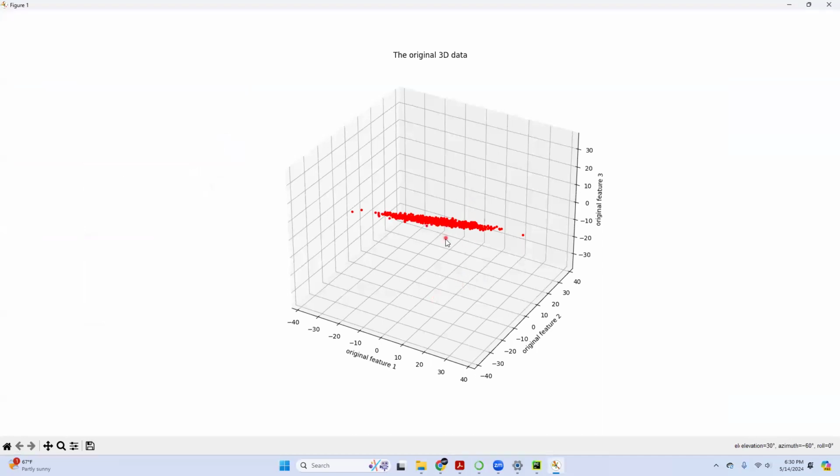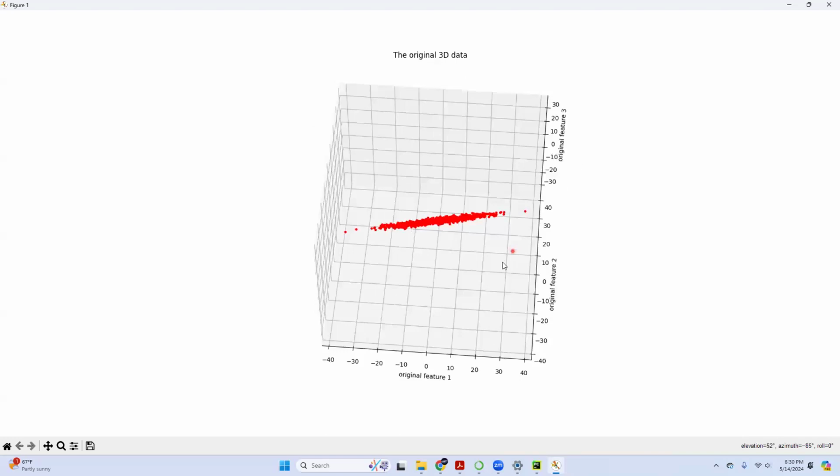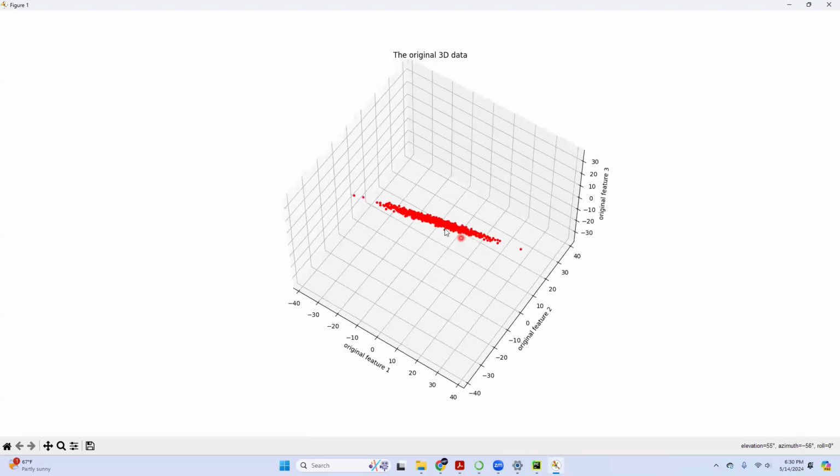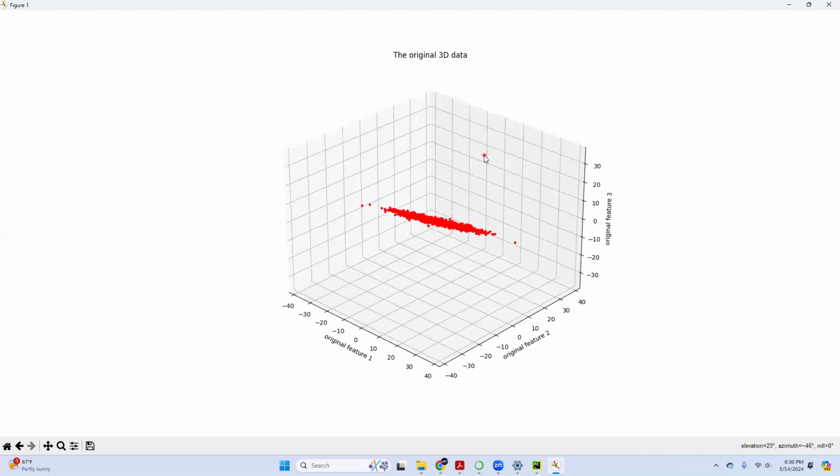Here we go. You can see this group of data. The most significant thing is what? First of all, the original directions are feature 1 here, feature 2 here, feature 3 here. But you can see, let me use, let's say, blue color, and make it bigger.